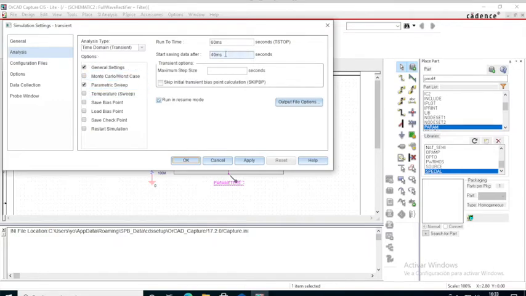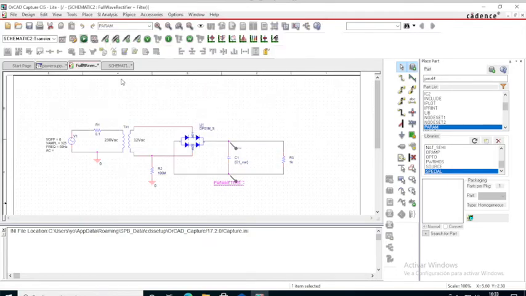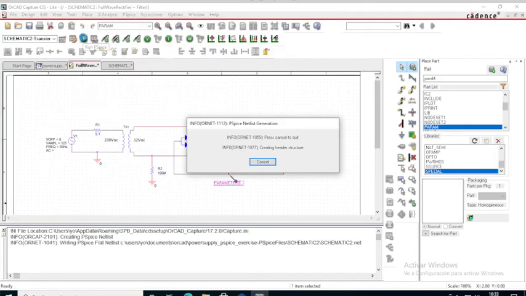We're going to skip the first 40 milliseconds, which is 2 cycles of the 50 Hz signal, only to show the charge of the signal so you can see the ripple better. And here, as I said, you have the different values of the capacitor, which are 1000, 2200, and 4700, as I said before in the document. So running this, we can see